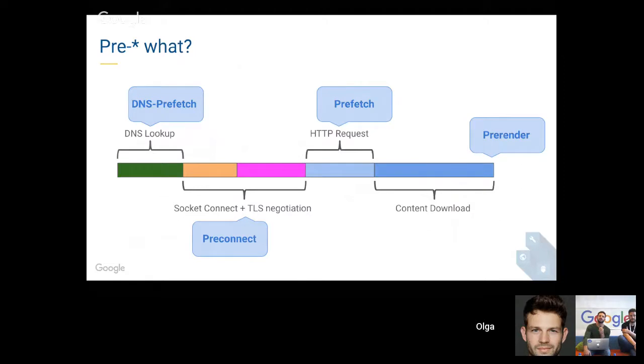So basically, there is a lot of different things we can do on this whole path along the DNS lookup, the TLS negotiation, HTTP request, and then in the end actually getting the content to be downloaded. So there are small tips and techniques that you could apply in the different stages of this process in order to prioritize the right content. And we basically want to move through them step by step, give you an overview of in which scenarios this might be helpful, or in which setup that might be the choice for you